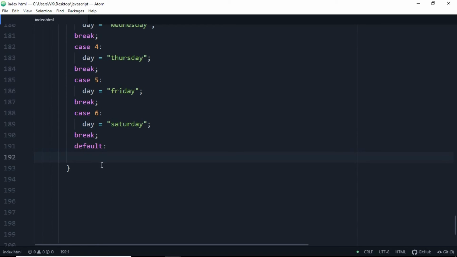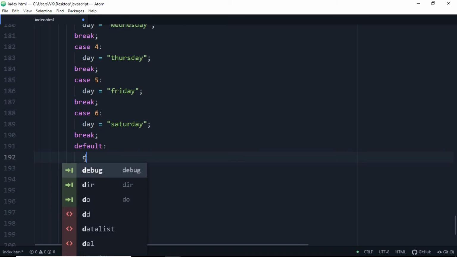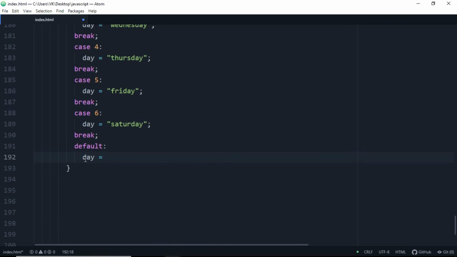Also, you can write the default value here if you don't get any result from the JavaScript function. That's not going to happen, but let's be on the safer side. Let's write this default value. You can write day equals function not responding. Write that out like that, function not responding.